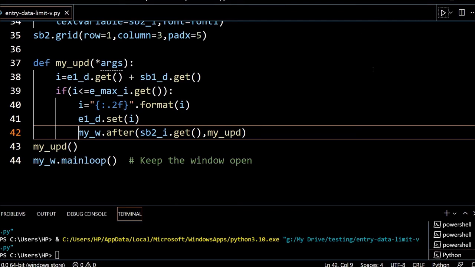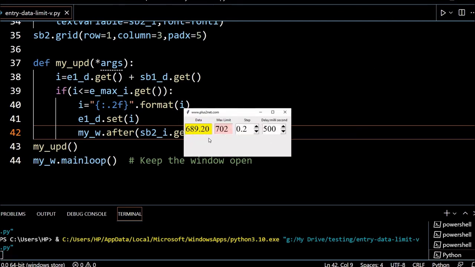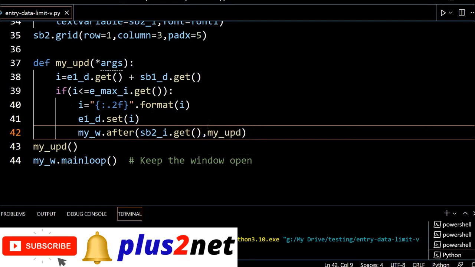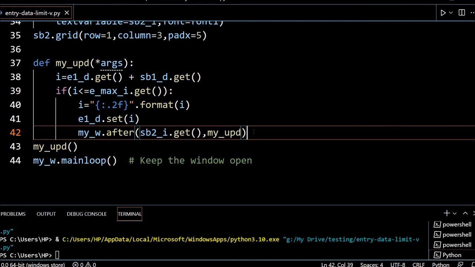But one more thing is left. You can see 689. Let me quickly increase this to 92. Okay, 98, 99, 701. Okay, 701.8 it stopped, because now this if condition is not allowing this part to execute. So line numbers 40, 41, 42 are stopped. So up to this it is allowed. But one more thing, you also want one more feature: if I increase the value of the upper limit, then it should start again.